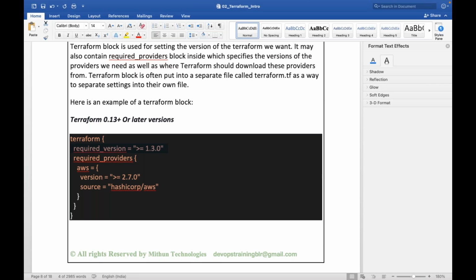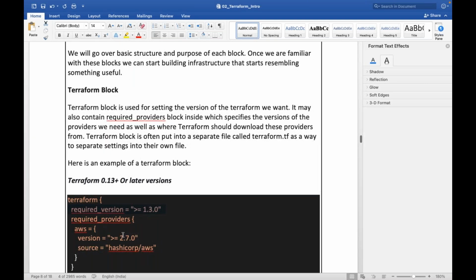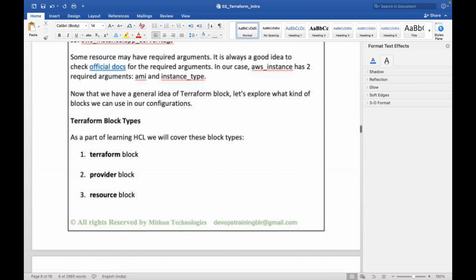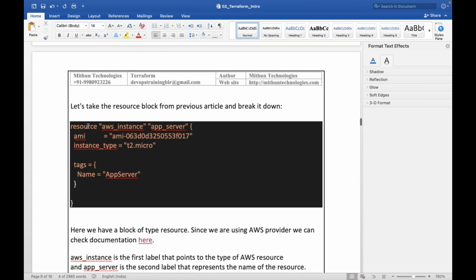Because your resources and arguments depend on the providers and their versions. Suppose you are defining an AWS resource like this, but you are using some argument that is not supported in the older version of the provider.